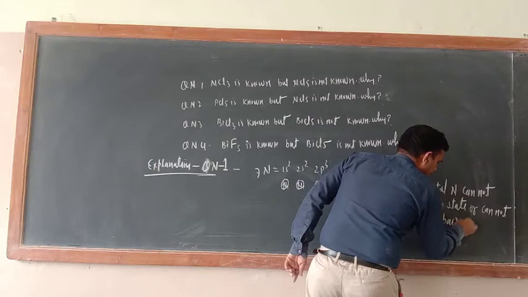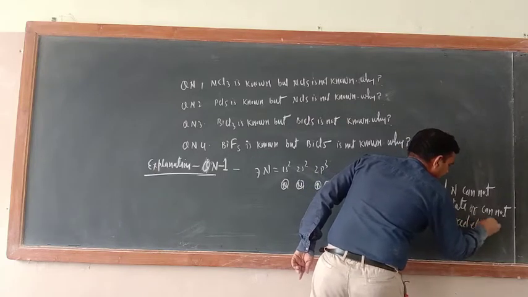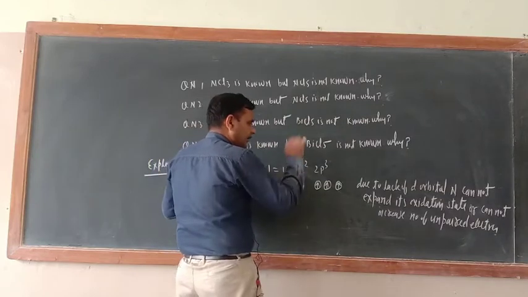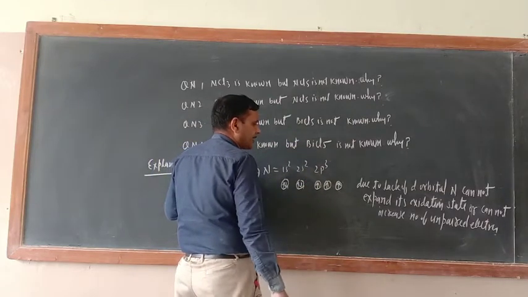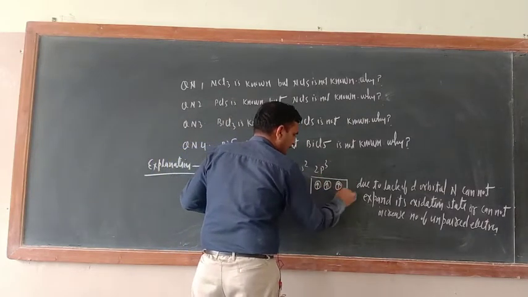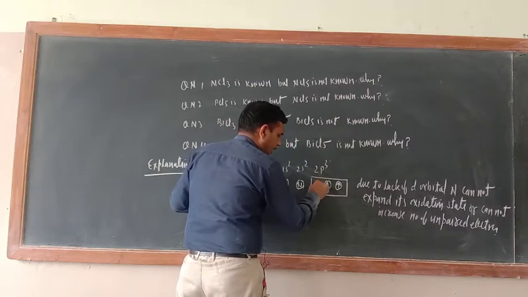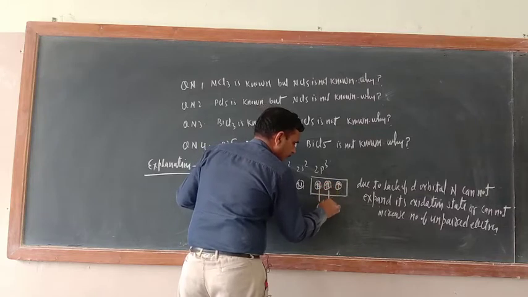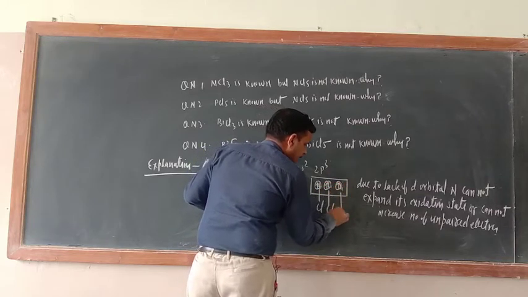Okay, unpaired electrons. So just try to understand here. See, d orbital is not there, so how many unpaired electrons are there? Unpaired electrons are 3. So here with 1 Cl, here also 1 Cl, here also 1 Cl can